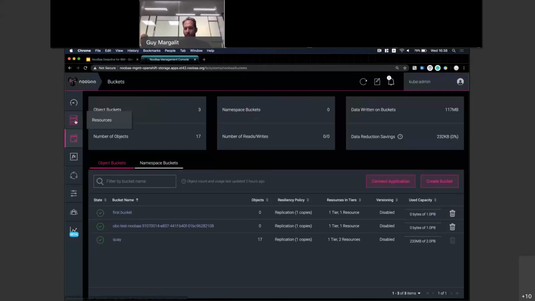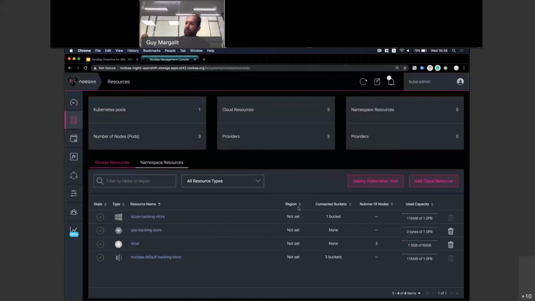we have something we call region, which can be set by the admin. And this gives us a locality awareness. So if a certain endpoint is at region A, and the policy of the bucket is mirroring between a resource, which is also defined on region A, and region B, then we would serve reads and writes from region A to that endpoint. And if a second endpoint comes up and it's on region B, we can also serve reads and writes local to that region. So as long as there is an endpoint and a policy that corresponds to that region of the endpoint, we can serve locally, which is important when you talk about multi-cloud and crossing the ocean and stuff